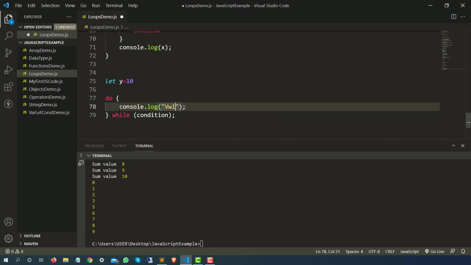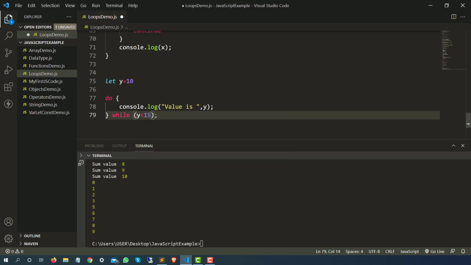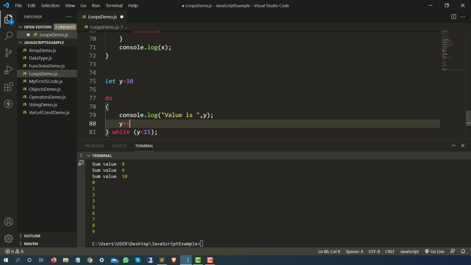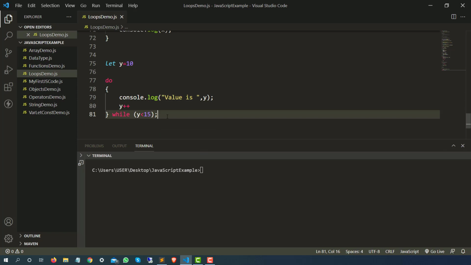I will say value is, and let me print y. And I will say if y is less than 15, then continue this loop. So I will say y plus plus here. Let me show you how it will work. It will start from 10, it will say value is 10, then value is 11, 11 is less than 15, yes, again it will print 11. Again 12, 12 is less than 15, yes, and it will continue. So the moment I run this,